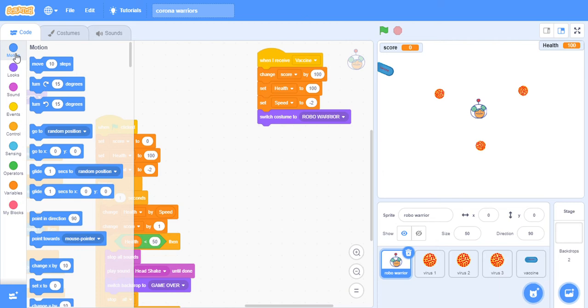Now let us learn how to play. This will work with your keyboard's up, down, right and left arrows. With these we can play and we will be safe if we don't touch the virus. The virus will be at a high speed and we have to reach the vaccine. The vaccine will repel us like a magnet, but we have to reach the vaccine to save the Robo Warrior. Let's play it right now and see whether it is working properly or not. So let's get started.